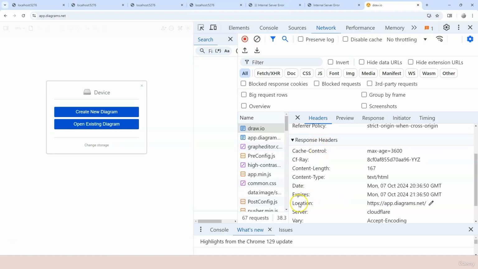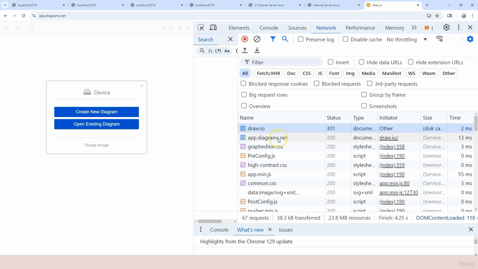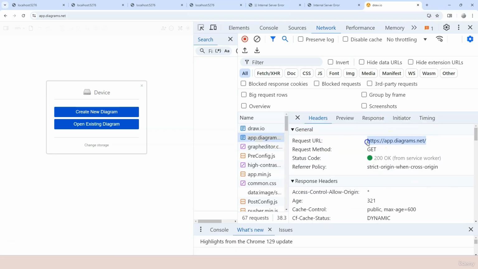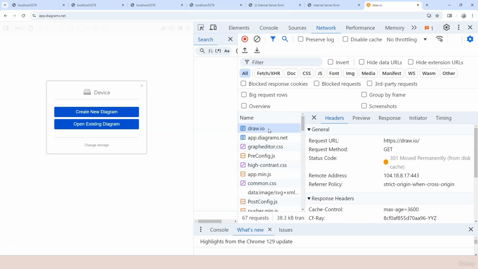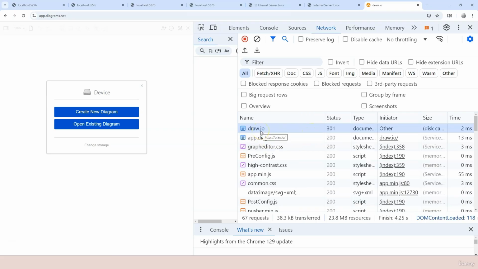Now look at this response header Location. It points to app.diagrams.net. And then let's close this, go to the second one. The request URL is app.diagrams.net. So this is the same as the location header. So what is actually happening right now? Well, draw.io is permanently discarded. And whenever you go to draw.io, it moves you to app.diagrams.net. So in order to do this automatic redirect, when you go to draw.io, the server returns a 301 status